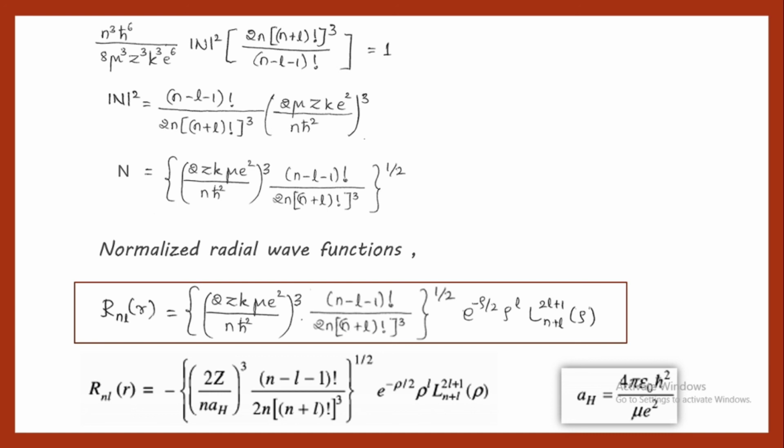So Z will be equal to 1, and then we get the radial wave function or eigenfunction for the hydrogen atom, and for other values of Z, we have a single electron or valence electron system. For such systems, we can find out what the radial wave function is corresponding to different systems. So here in quantum mechanics, we can say that the Laguerre polynomial is part of the radial part of the solution corresponding to the hydrogen-like atom.